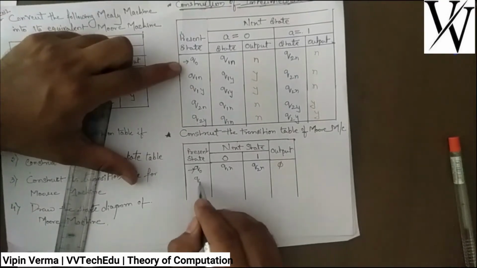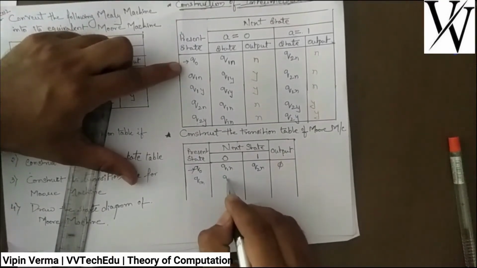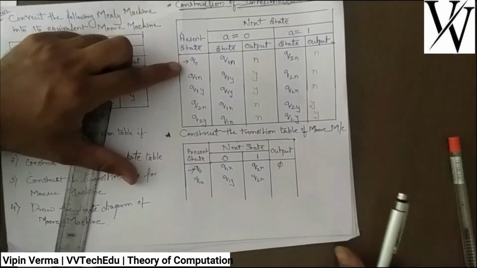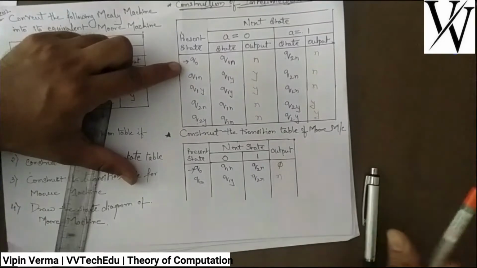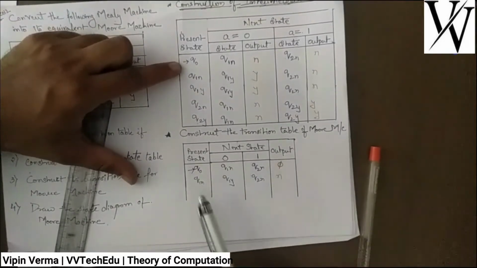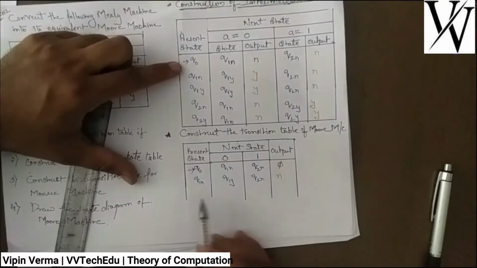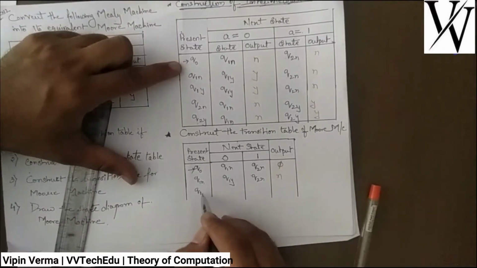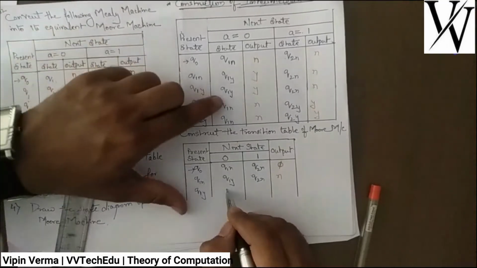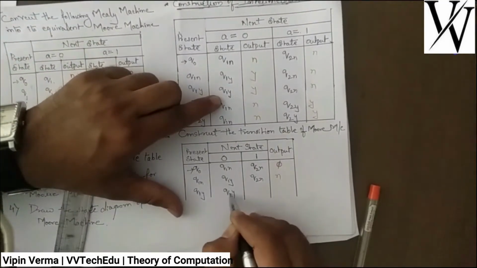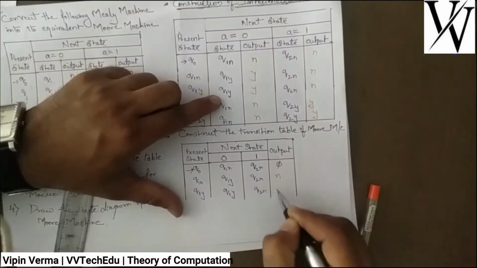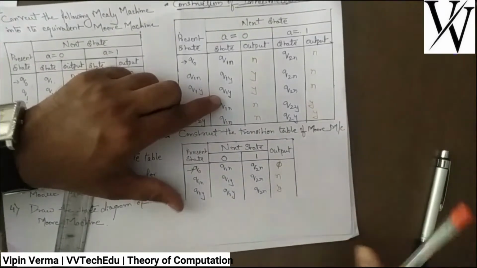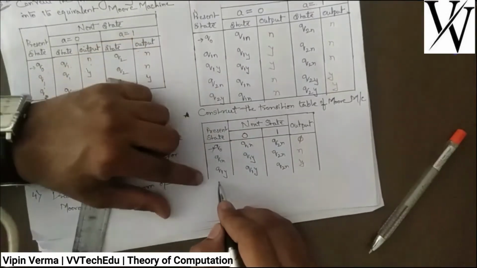Then the Q1n state is Q1y, Q2n, and the output is n. Yes, we have the n corresponding to this value. Now the next state is Q1y. Transitions are similar to the above, but the output will change. Here the output value is y. Then the next is